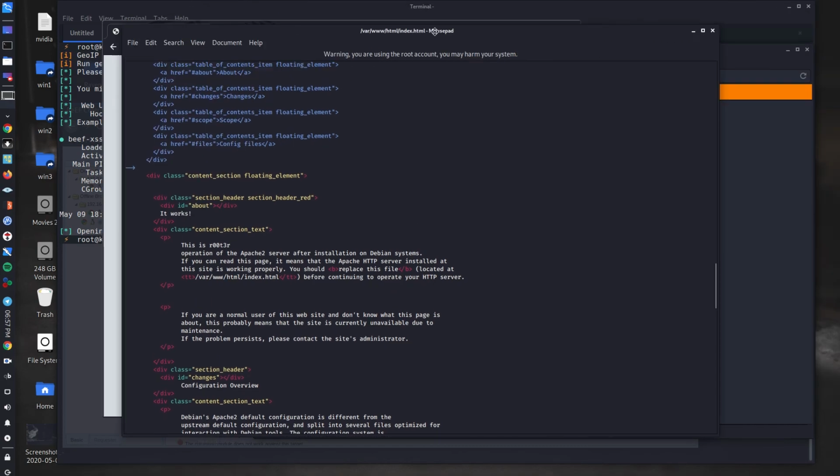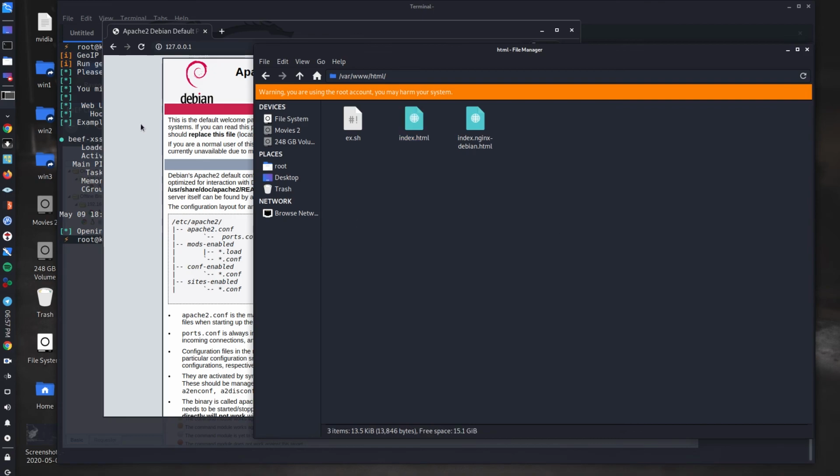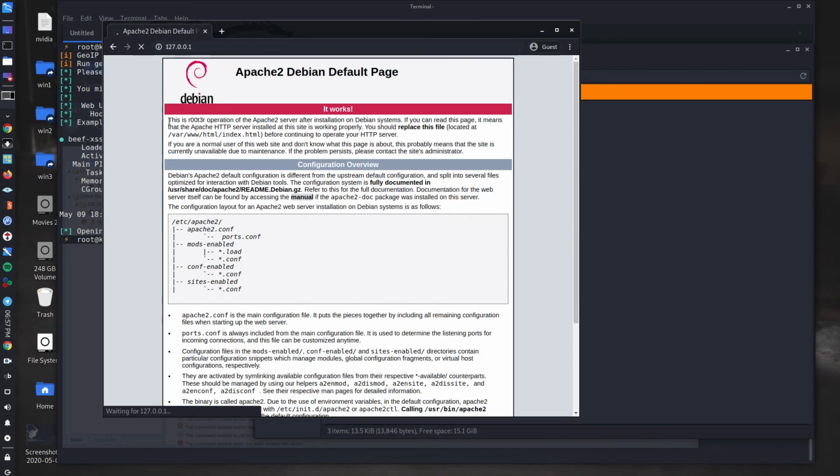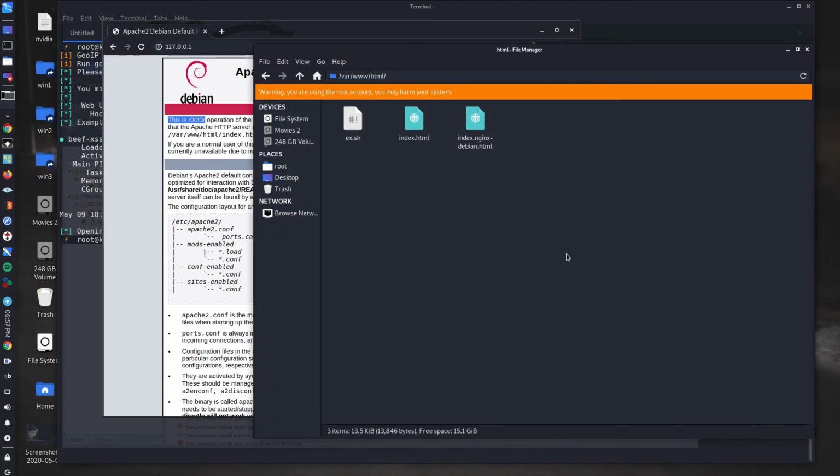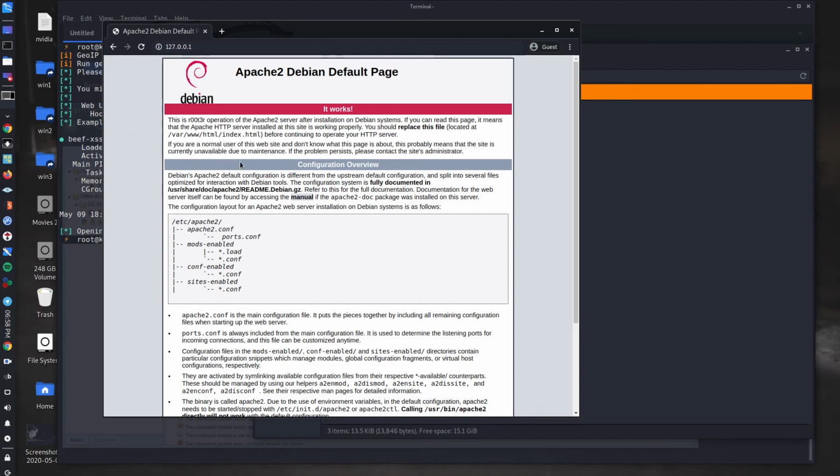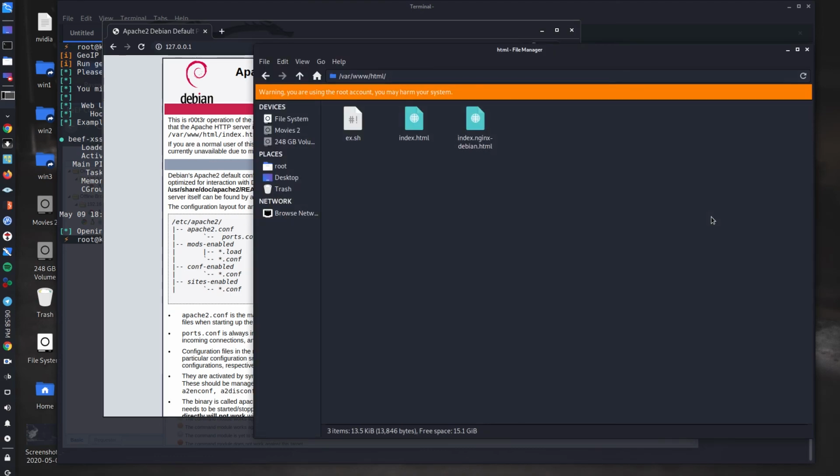Now I reload it, and you can see that it says router. So your Apache is hosting this HTML page, and if you forward your port, anyone can reach this page using your IP address.